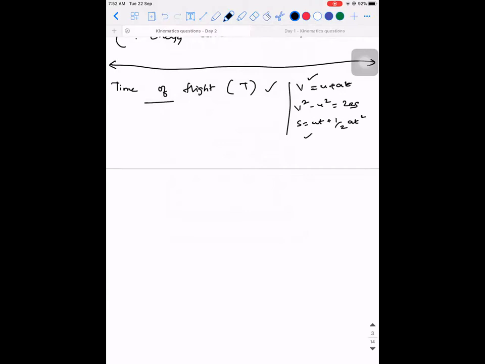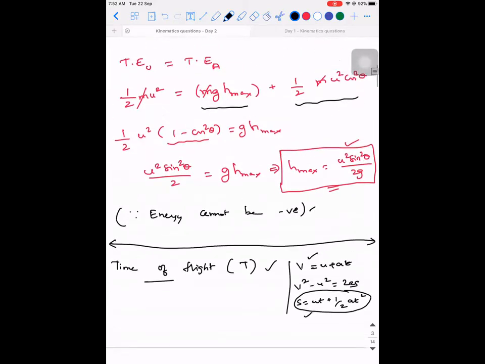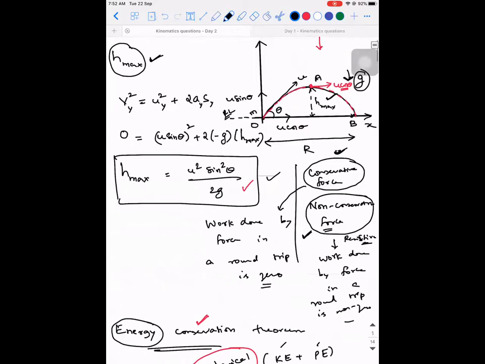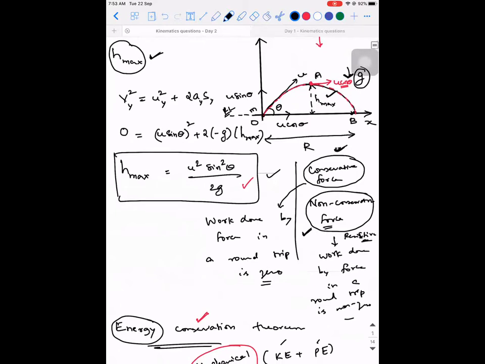Generally the first equation is taken into consideration only when you have the concept of the highest point. So when you take the third equation into consideration, what can we do? For that, let us analyze. What is the initial position of the object? It is at origin. What is point B according to coordinate geometry? It is R comma 0. Accepted?